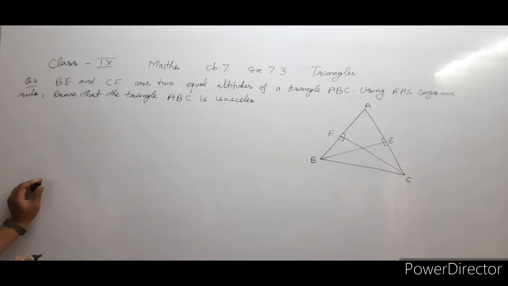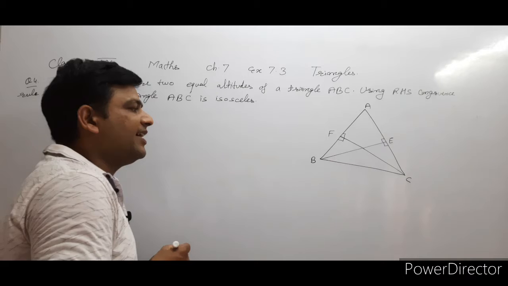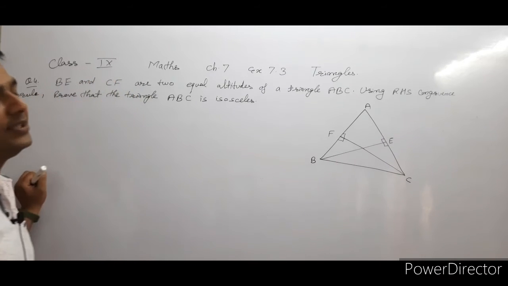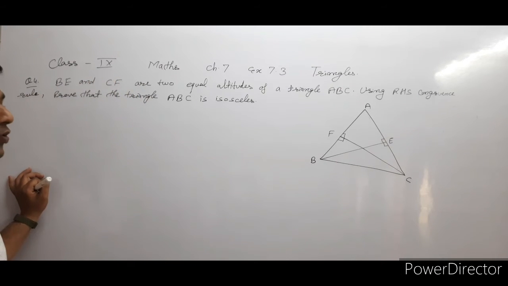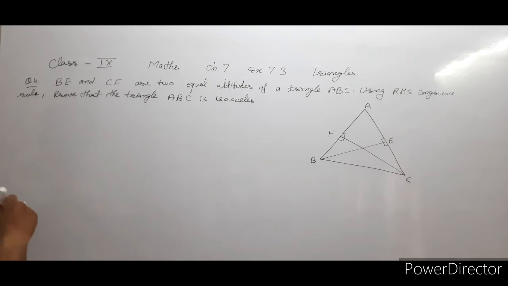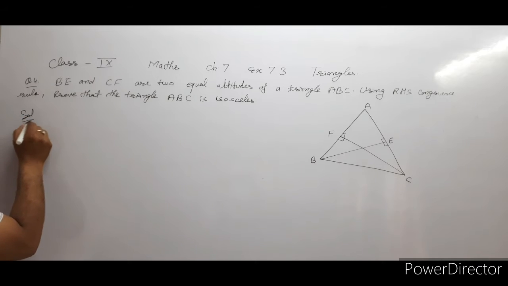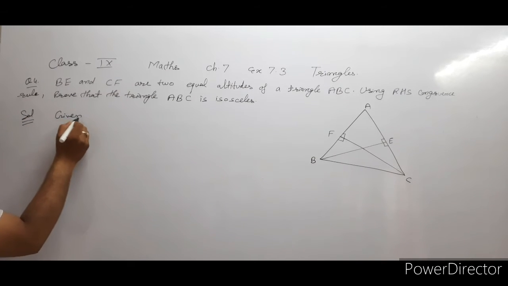We have to prove that triangle ABC is an isosceles triangle. To prove that, we have to prove that AB is equal to AC. And to prove AB is equal to AC, we need two triangles in which AB and AC are included. So, first of all, given part, it's given that